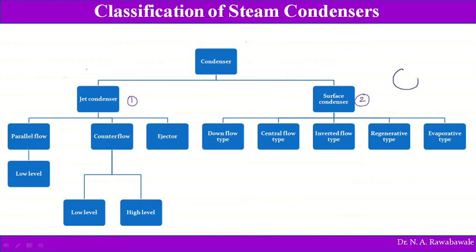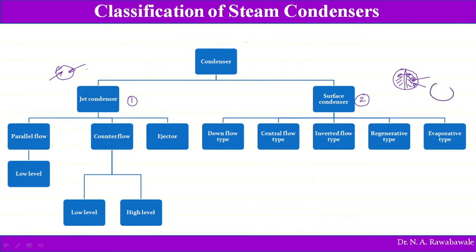Say, for example, this is the condenser shell. In one compartment there is water, in another compartment there is steam, so steam and water do not mix with each other. But in a jet condenser, both are allowed to pass into the same vessel and they mix with each other. In a surface condenser, the barrier is not a layer; there are a number of tubes through which steam is passed and water is circulated around it, or steam surrounds the tubes and cooling water is passed through the tubes.